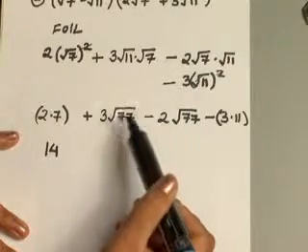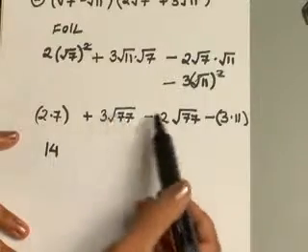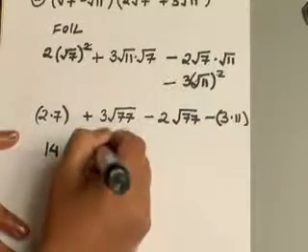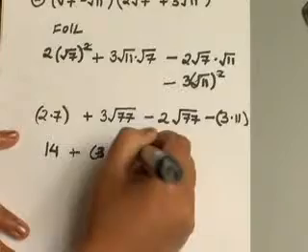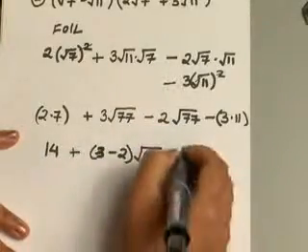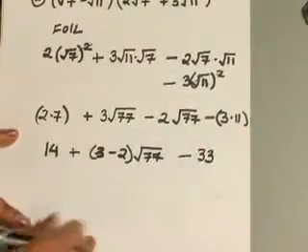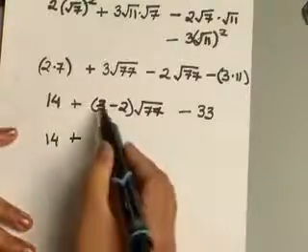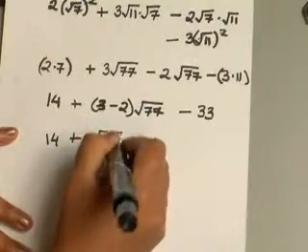You can see that you have square root of 77, square root of 77 here. So you can go ahead and combine the 3 and the 2, so that will give you 3 minus 2, square root of 77, just combining the two middle terms. And then your last term, of course, 3 times 11 is 33. So 14, middle term will be 3 minus 2 is 1. So basically square root of 77